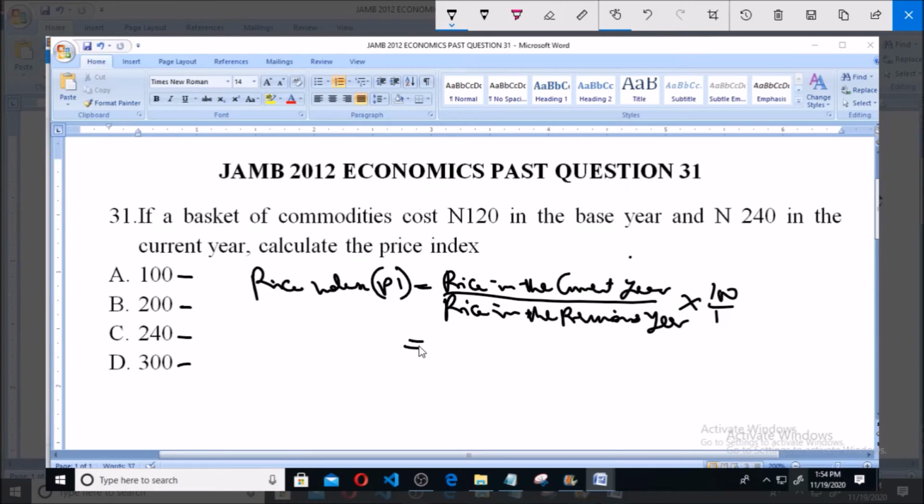So, that is equal to 240 over 120 times 100 over 1, which is equal to 200. The price index is 200. Option B